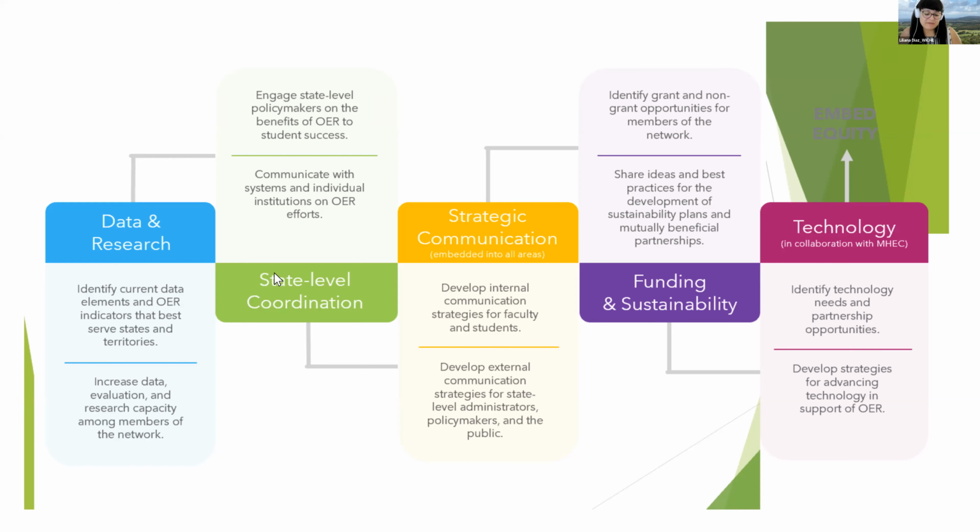And so as a network, we've identified, or rather we're moving forward with, research on time to completion for students that have taken or are in open educational resource courses that utilize OER. So we're hoping to launch that research in collaboration with other organizations to really demonstrate whether or not OER moves students forward to completion faster if they're in OER or zero cost degrees. If we move on to the next slide,